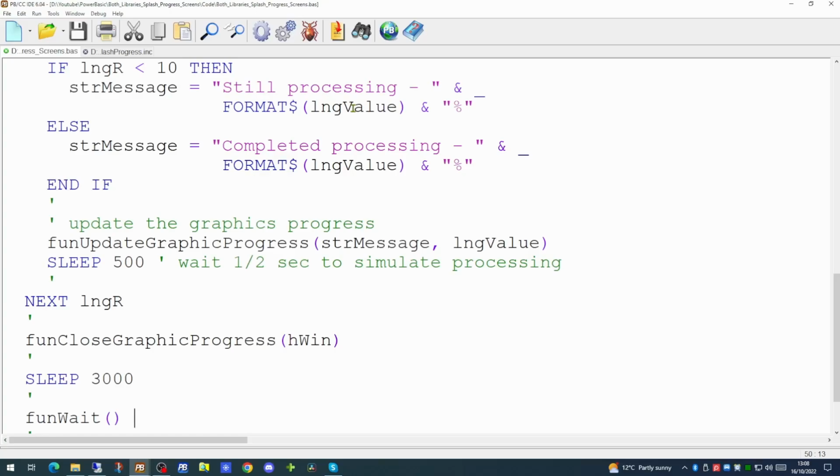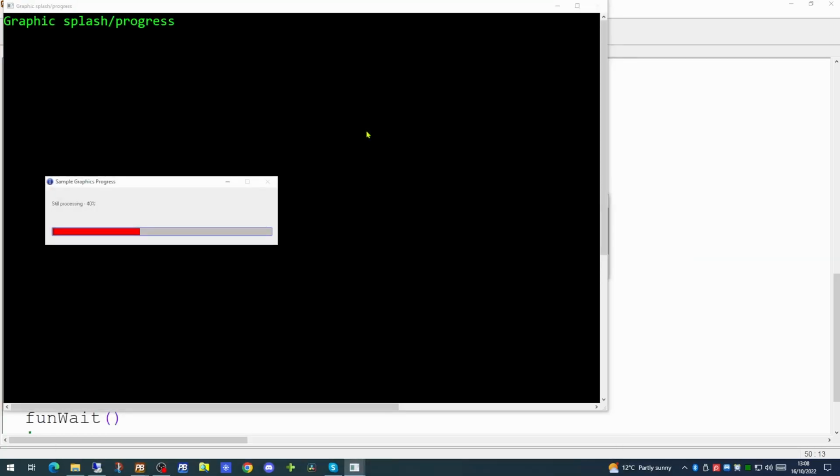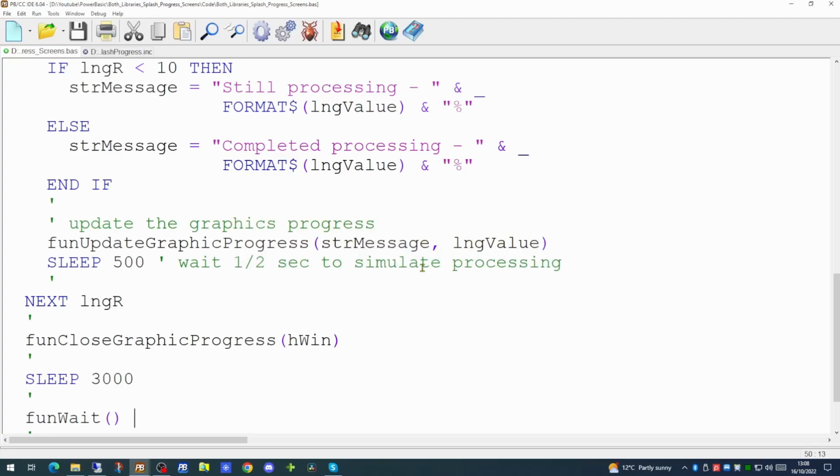So now that all that is in place, let's try running the application. And there is our progress bar, with the progress bar advancing 10% at a time until it is completed. The text on the graphics window though is slightly smaller than I would like it, so we're going to increase the size of the text by setting up a font in our graphics window.